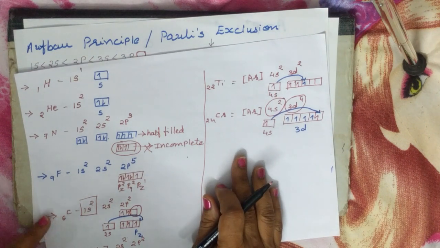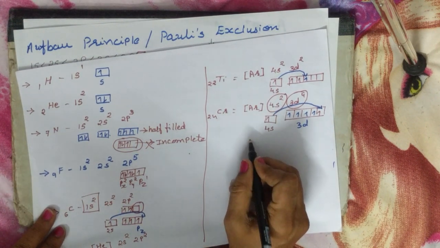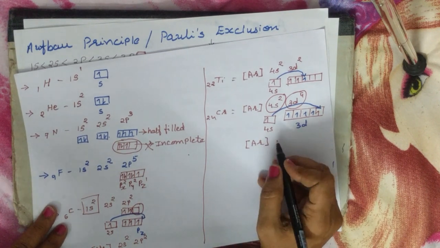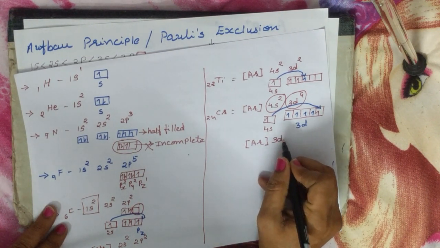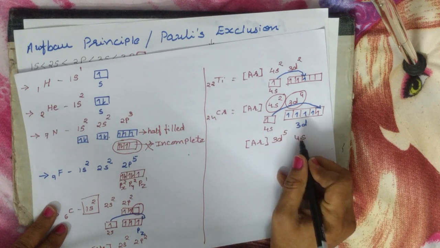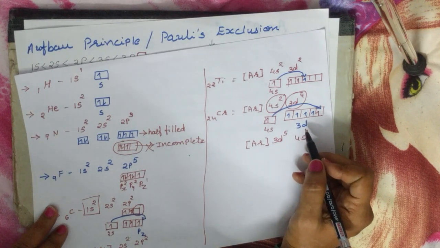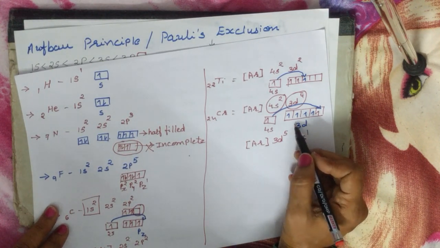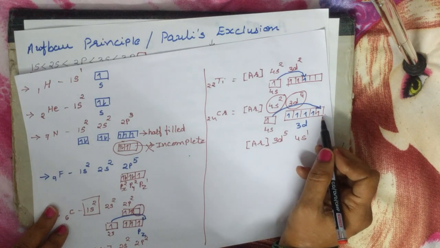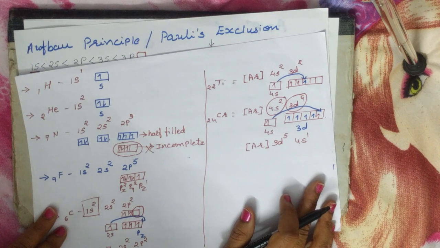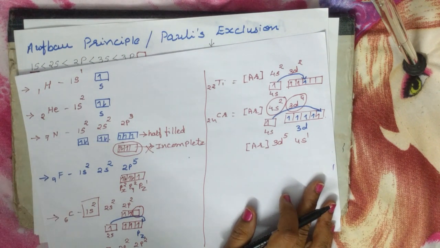So for chromium we can write argon, then 3d5, 4s1, because here no electron can come into that orbital, it is half filled. So this is attributed to the fact that half filled and completely filled electronic configurations have lower energy and so extra